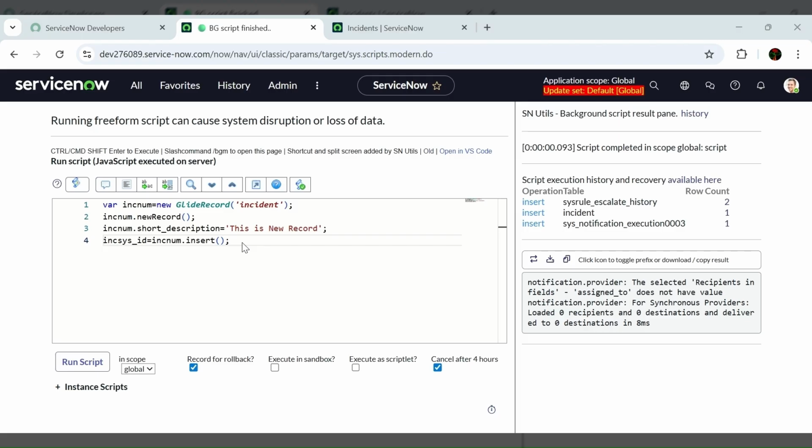This method will return the sys_id of the newly created incident, and the sys_id is stored in incSysId. And next we'll print this,